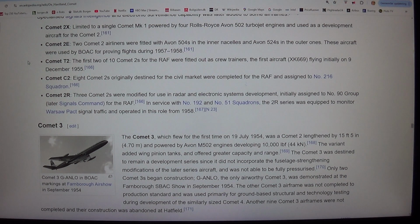1957-1958. 3 Comet T2, the first 2 of 10 Comet 2s for the RAF were fitted out as crew trainers. The first aircraft, XK669, flying initially on the 9th of December, 1955. 4 Comet C2, 8 Comet 2s originally destined for the civil market were completed for the RAF and assigned to